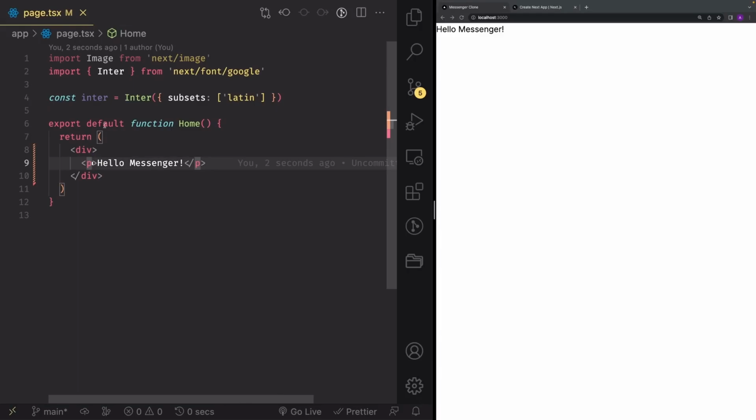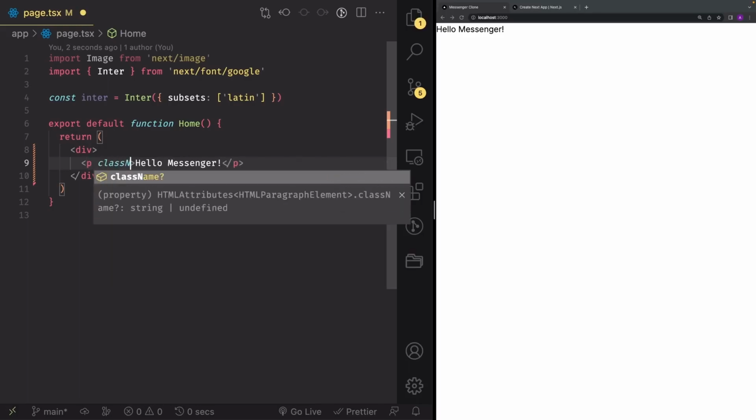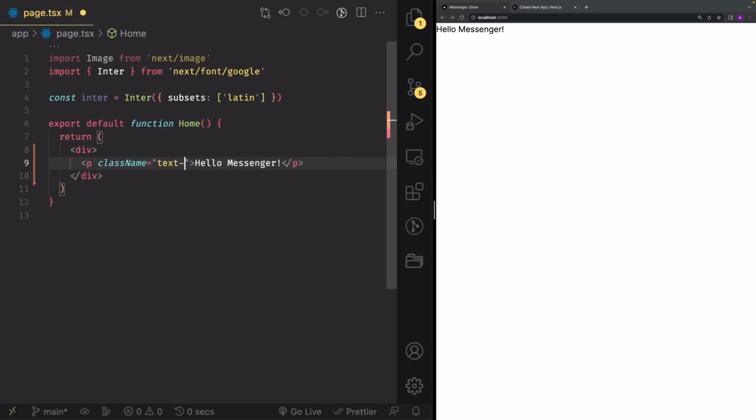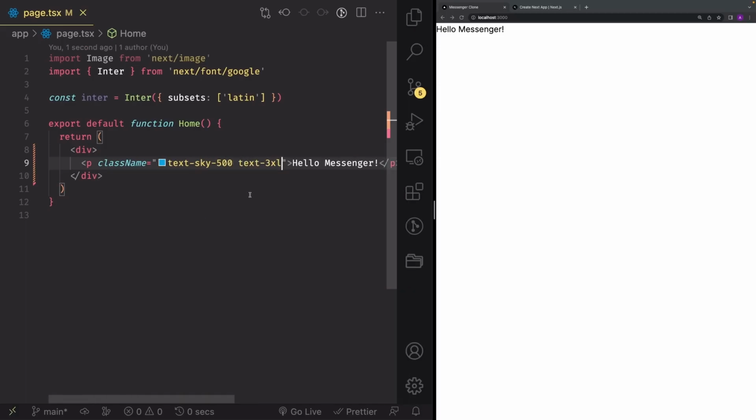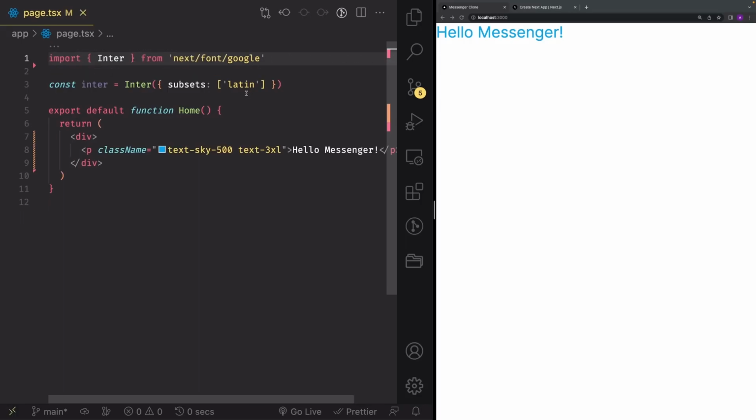page.tsx right here, and let's try and give this text a color and increase the font size. So I'm gonna go ahead and write className is equal to text-sky-500 and text-3xl, for example. And as you can see, when it hot reloads, it changes the way our page looks. Great, amazing job. And you can also remove this import Image from next/image at the top because we're not